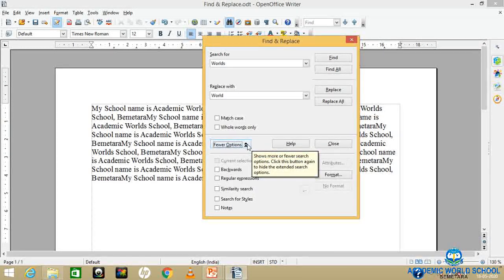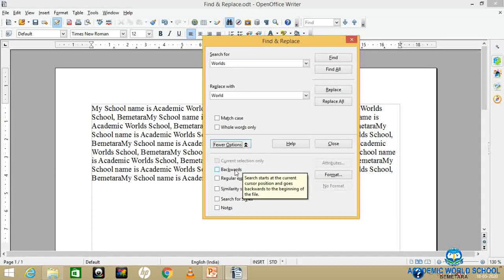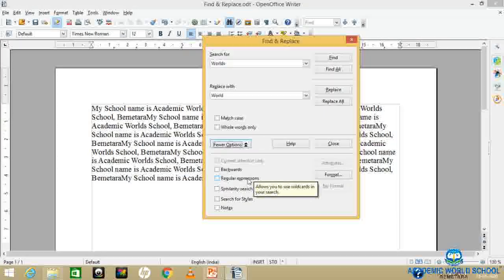Now what I have to do, I have to click on Find Word, so it will be finding. You can see here it is finding. Now I will click on Replace. Find All will be searching all the letters, all the words, and this Replace All will be changing all the words together. So click on Replace All. It is saying search key replaced 15 times.